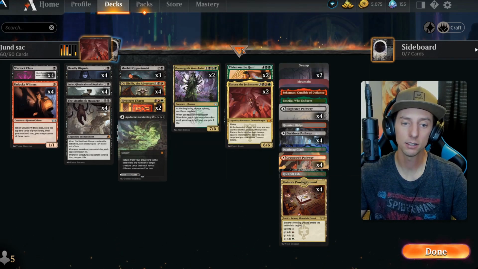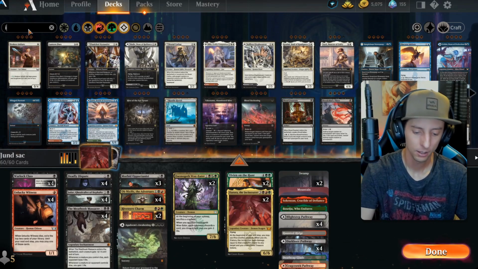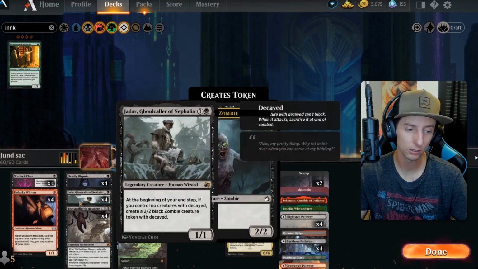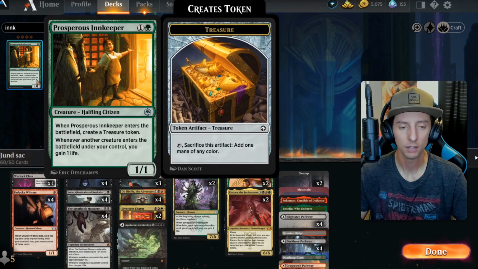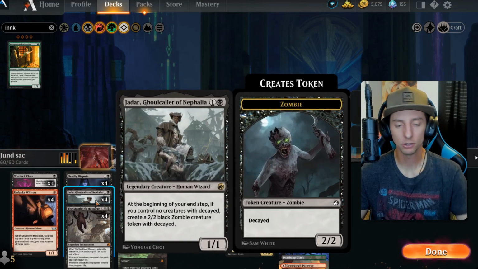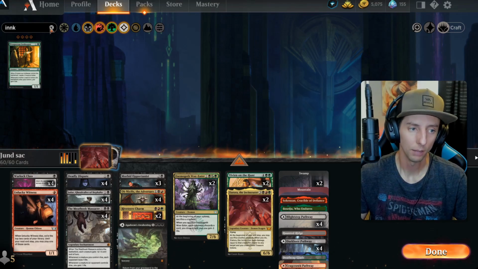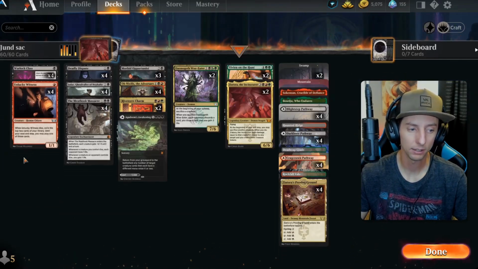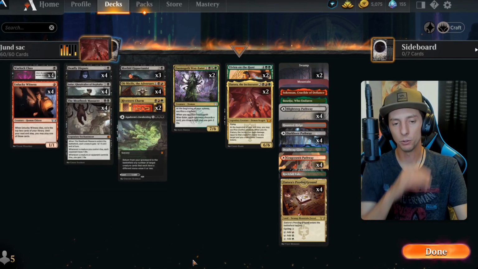Some other cards to consider in this deck that I had in the deck before was the Innkeeper as our 2-drop, as opposed to the Jadar. If you value the life gain and treasure a little bit more, you can go that route. I do think Jadar is a little bit better in my opinion, but that was in the deck. If you want to throw in a Ghast in place of the Witness,